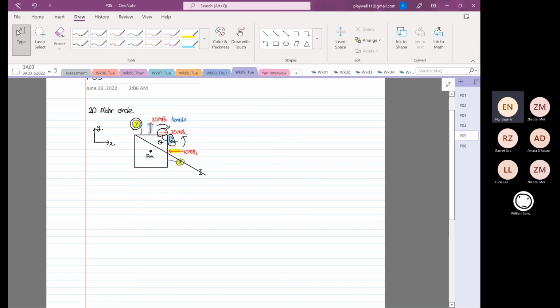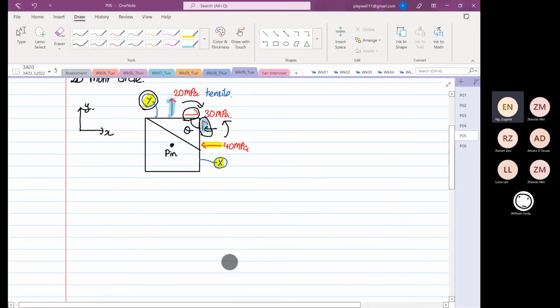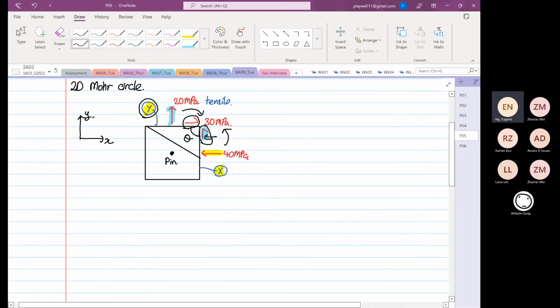This line I've drawn is a 30 degrees line. Okay. So this is rotated from Y in a clockwise direction 30 degrees. Okay. So we are going to find